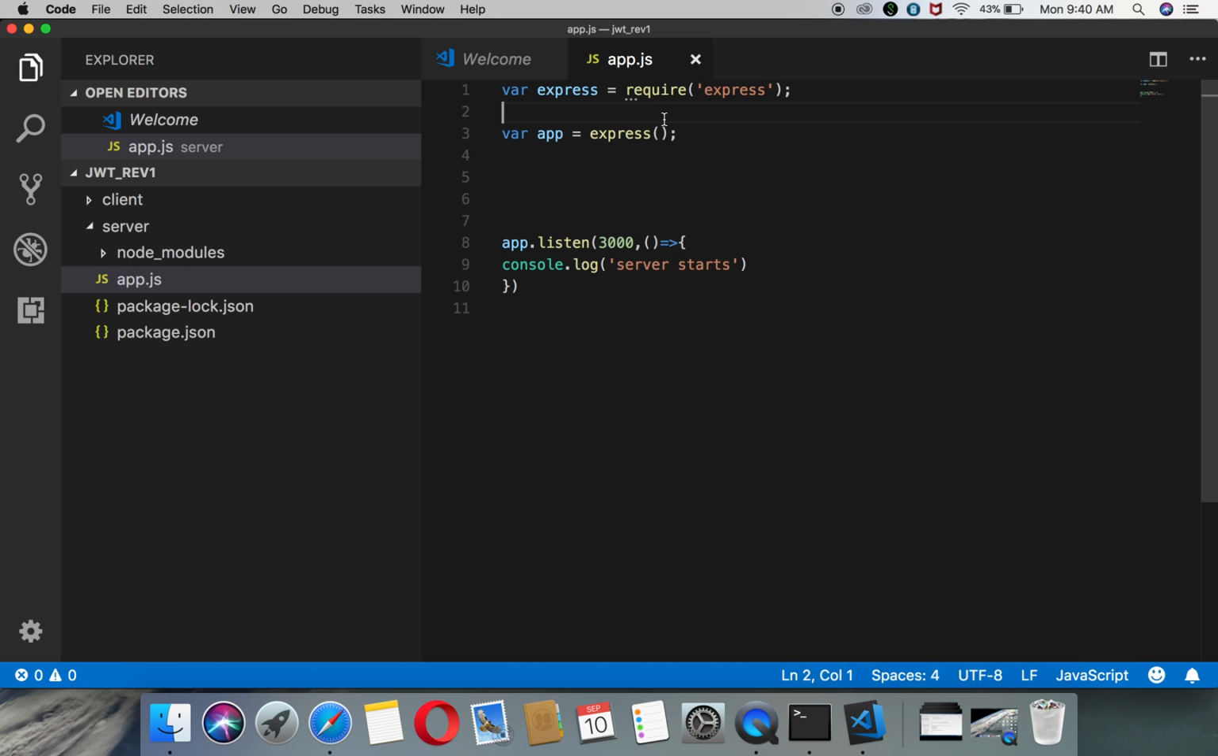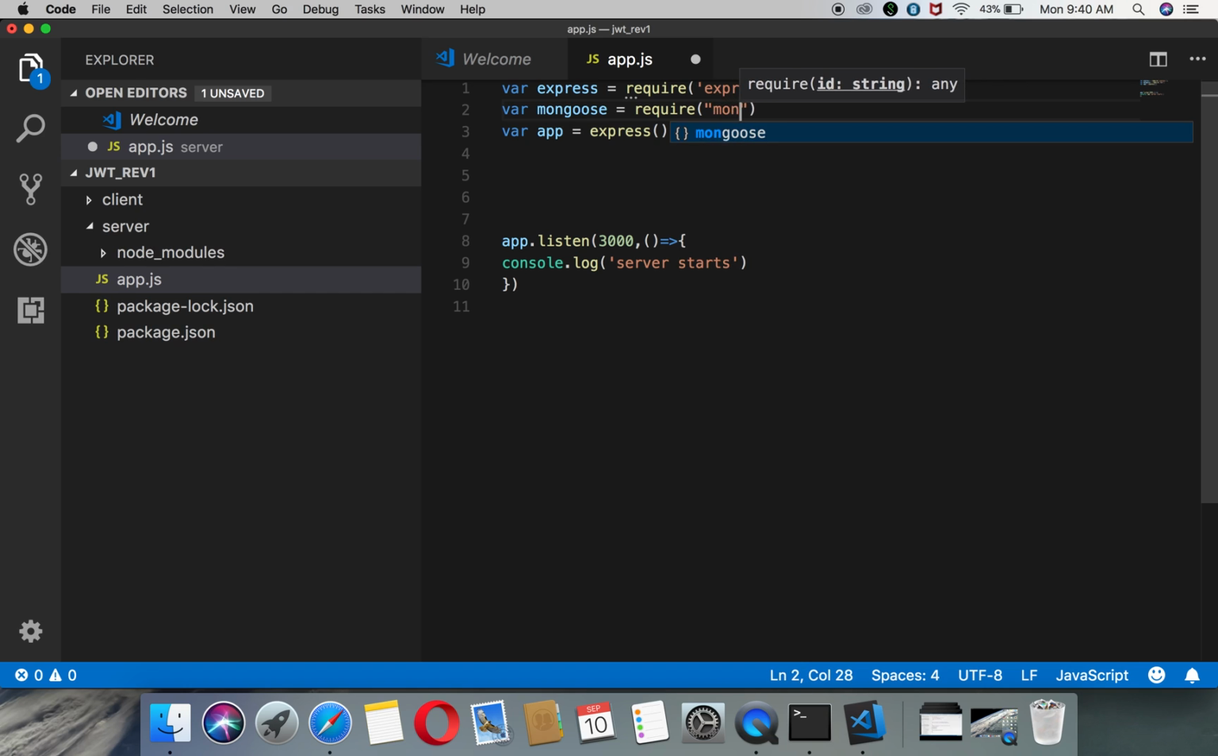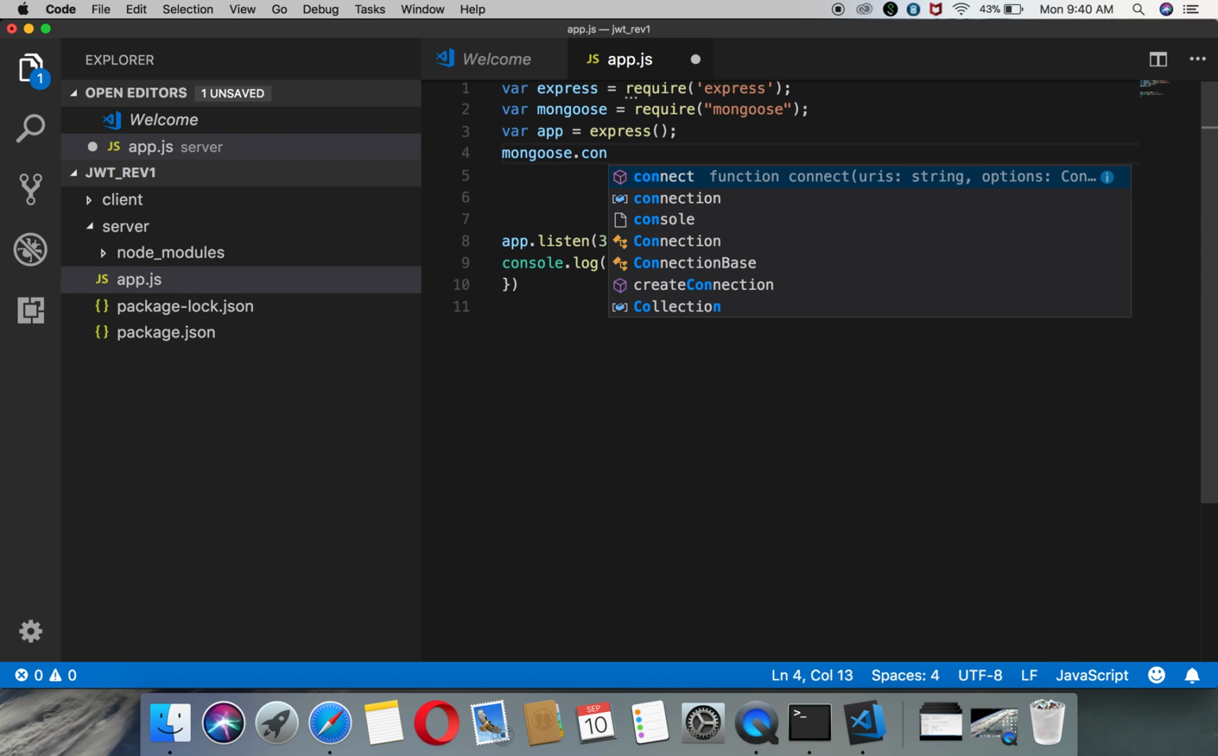On the server side, what we are writing here: const mongoose equal to require, and here we have mongoose. Perfect. To import any module inside JavaScript, we generally use the require keyword. Now what we need to do here is mongoose dot connect,